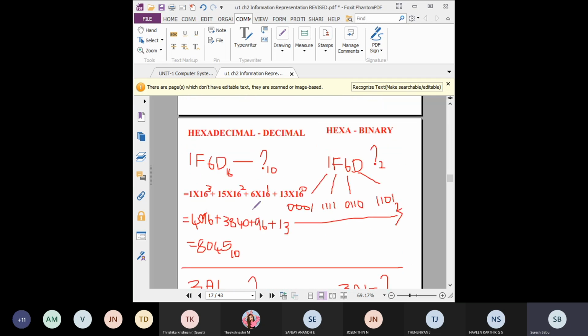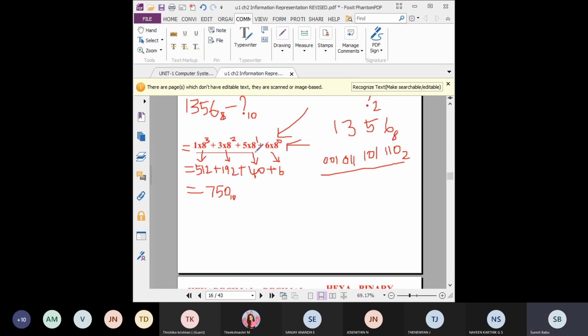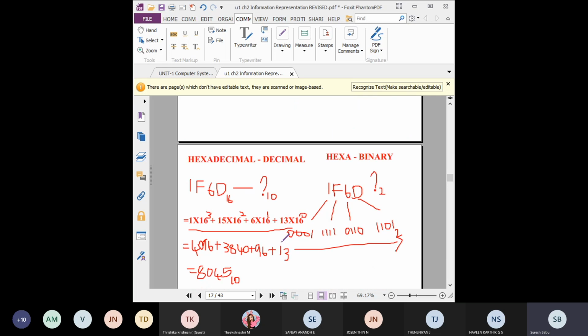Then hexadecimal to decimal. First I will tell you octal to decimal and hexadecimal to decimal are both the same method. You should study comparatively what the method is for converting one type to another. We have 12 types of conversions and everything will be different, but the methodology is the same. Here it is repeated multiplication of 16; the previous one was repeated multiplication of 8. So the methodology is the same, kindly understand everyone.